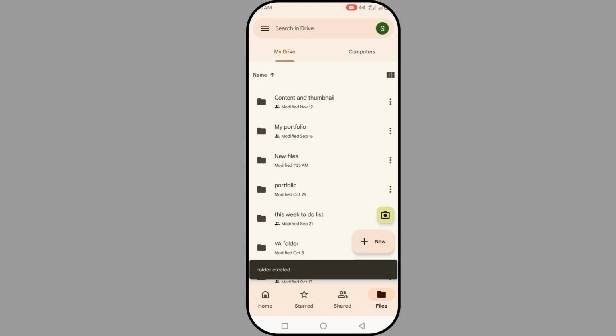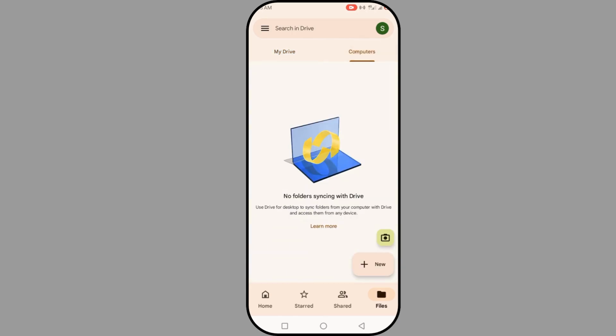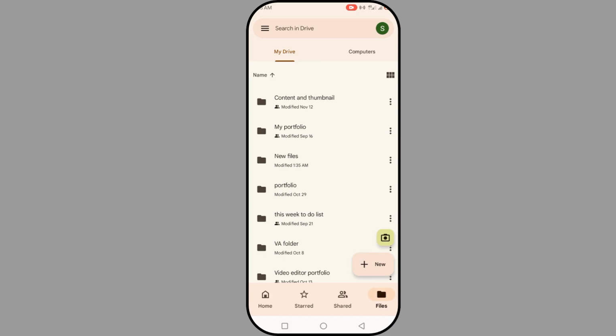You can see, so it's very simple. So if you're going into your computer, it's still the same thing. Just do that. Once you go there, you're gonna see new. Click on new, click on folder, and you'll be able to create a new folder on your